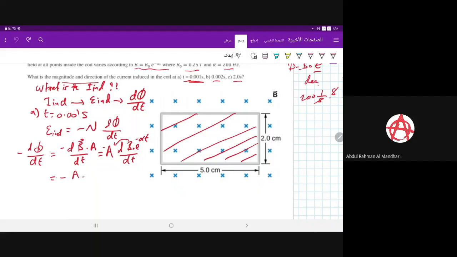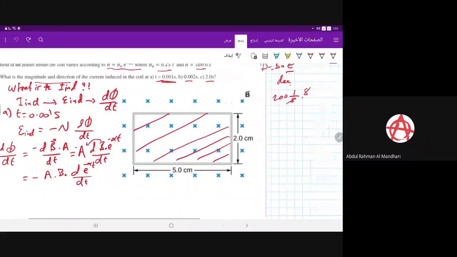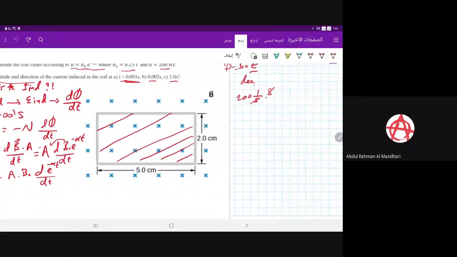A into B naught, because that is a constant. And now we are left only with that minus exponential function. So we want to get the first derivative of that one. And I will give you a very fast mathematical and physical hint that can also